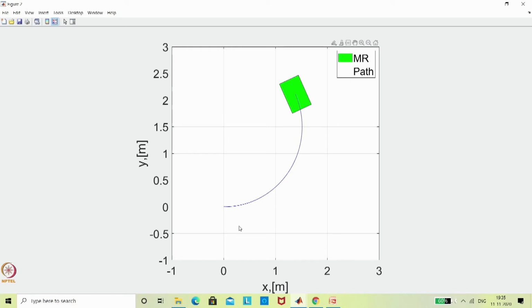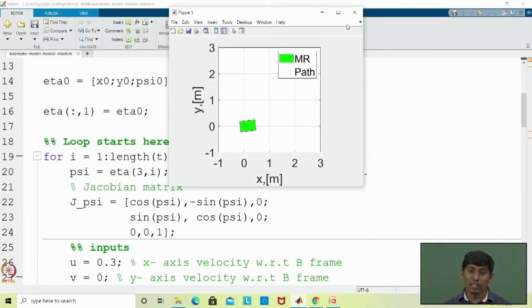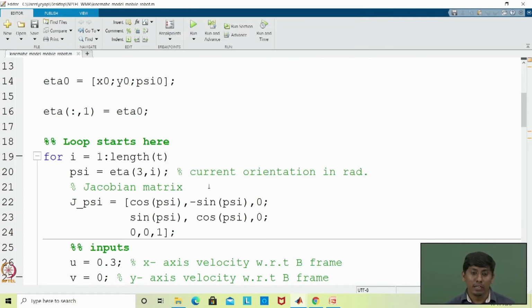Because when I was defining forward and inverse differential kinematics, I said that forward differential kinematics is equivalent to the simulation that we have done. The inverse differential kinematics, what we said is controlling, but this is open loop control, I already mentioned. So now we will move to the MATLAB code that we have done so far. With that, we will change how that can vary.